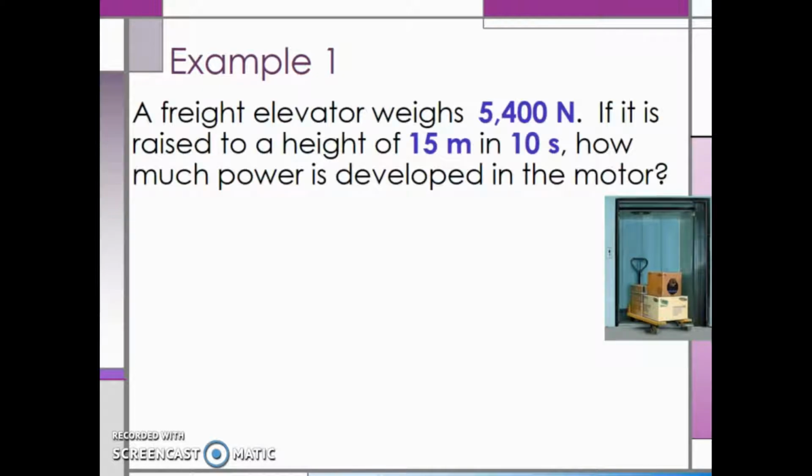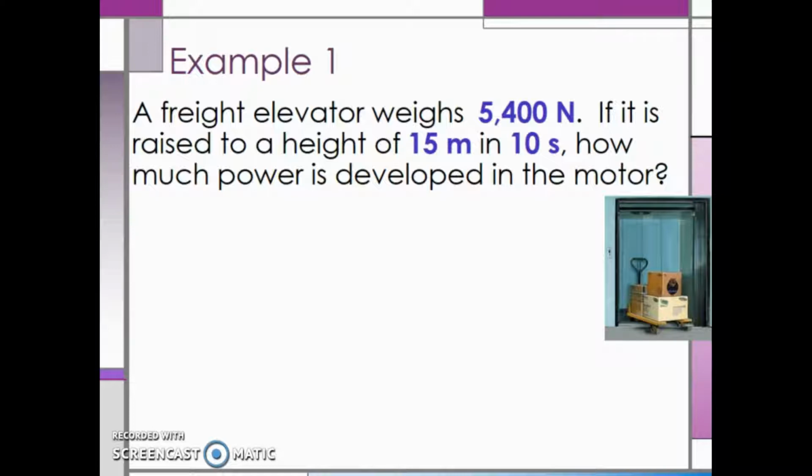In the previous video, we were introduced to the idea of power and what equations we need to use to calculate power. Now, let's take a look at some examples using these equations we looked at. First, a freight elevator weighs 5,400 newtons. If it is raised to a height of 15 meters in 10 seconds, how much power is developed in the